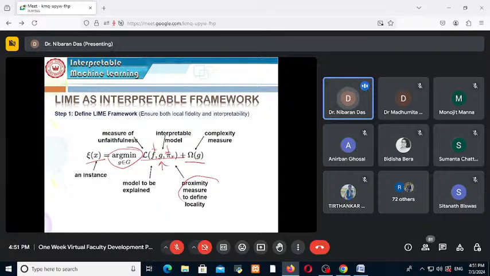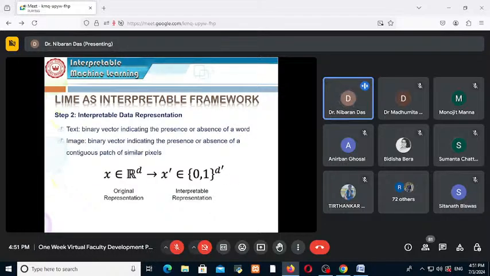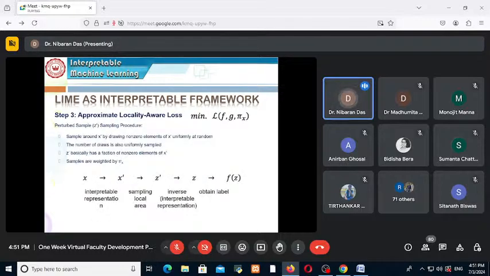Decision will be from there: text is a binary vector indicating presence or absence of a word, and image is a binary vector indicating presence or absence of contiguous patches or similar patches. Original representation, interpretable representation. So X dash, sampling the local area Z dash, and the inverse representation Z is the obtained label. So here, using this local representation, you could be using the J, and here sample around X dash by